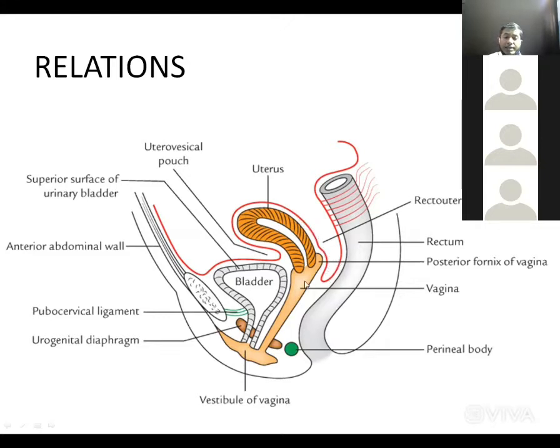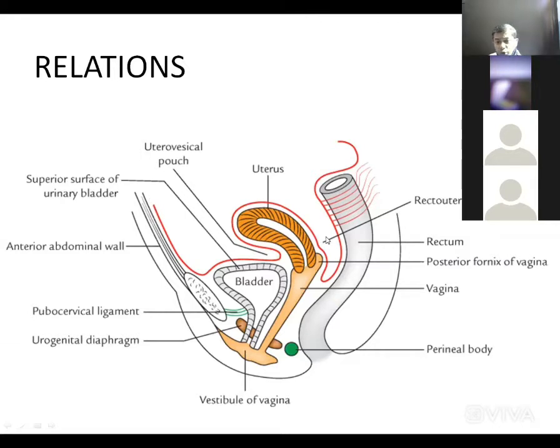Now you can see these are the pelvic organs. The posterior most pelvic organ is the rectum and anal canal. Then in the middle is the uterus, and anterior most is the urinary bladder. The dark black line is representing the peritoneal fold. You can see this peritoneal fold covers the anterior surface of the rectum, then covers the superior surface of the uterus, and then the superior surface of the urinary bladder and gets reflected.